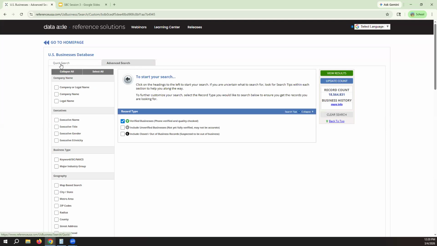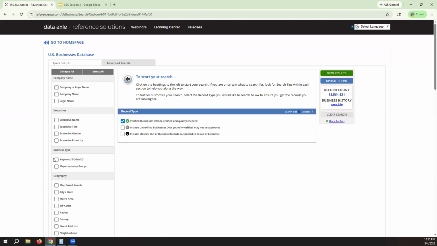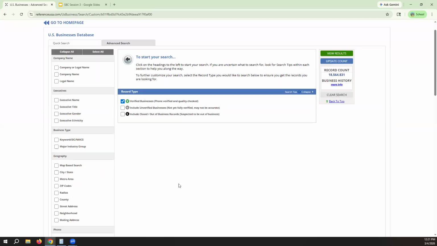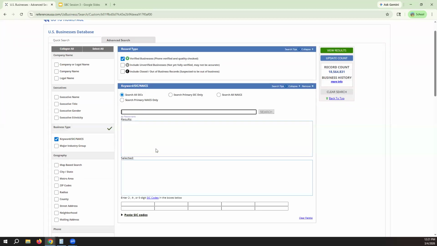So in this search, instead of doing the quick search, I actually clicked on the advanced tab because I want to have more of these options here to search for company name, or to do a keyword search, or do a geographic search. And in the case of my little bookstore that I'm thinking about, I'm going to click on keyword, and then I'm going to search for my industry to see who else is in it based on how I would think about my business. So I'm going to do bookstore. There we go.